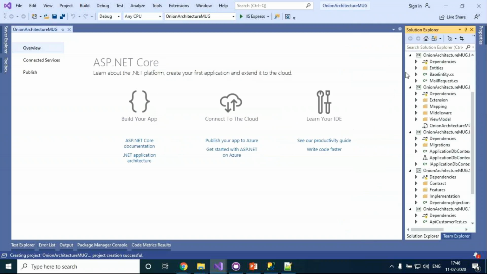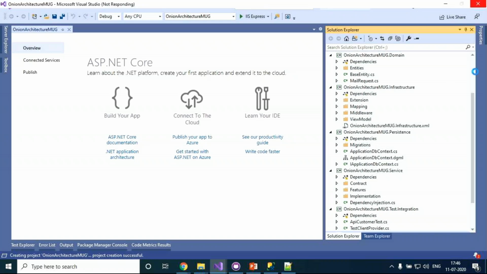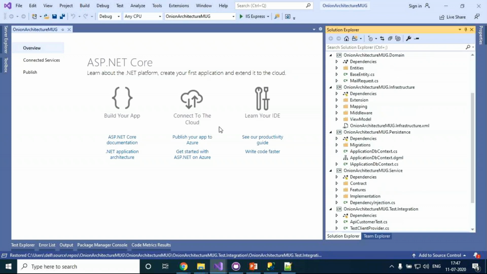See, the project will be ready. My system is slow. Okay, yes. You can see, right? The project will be ready with you. And in this layer, this is what exactly we can start working on.